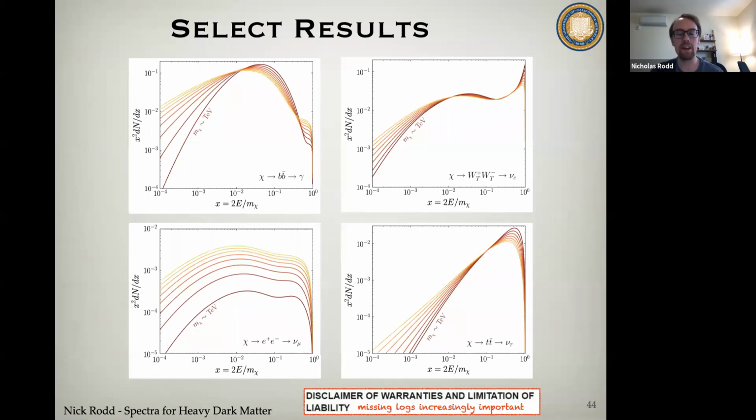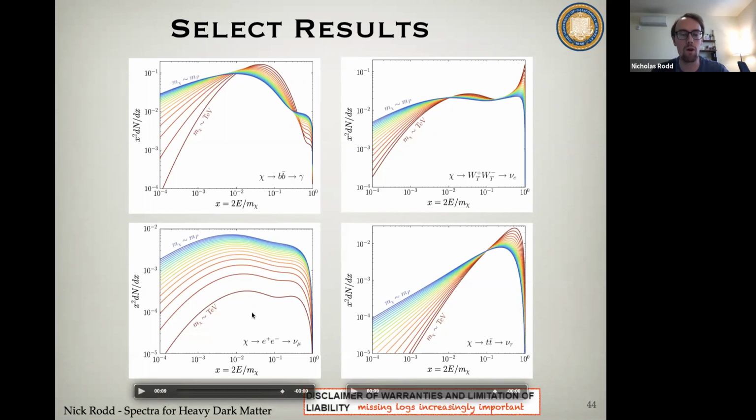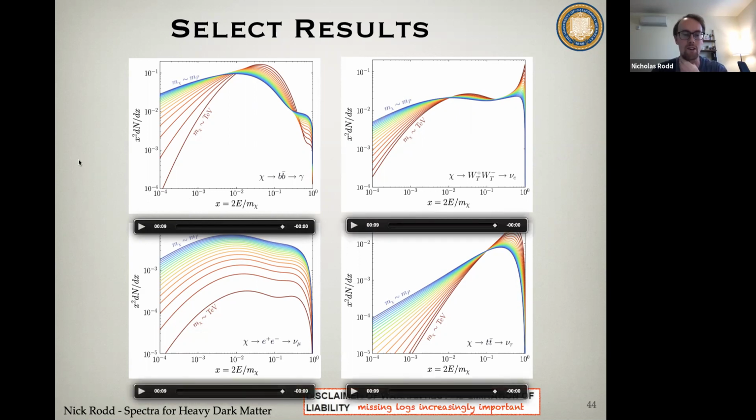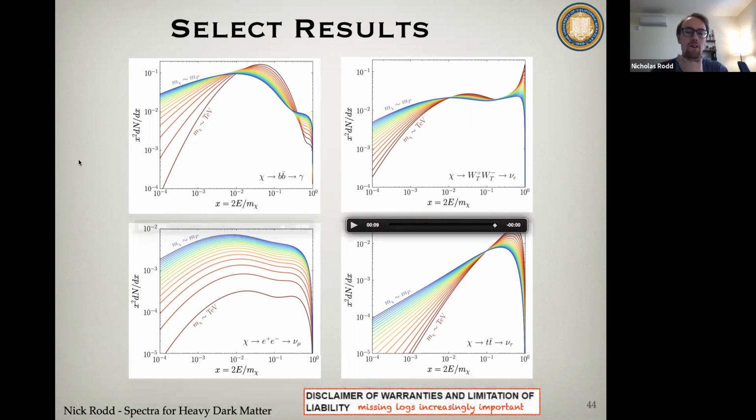And you can see that depending upon exactly what this process is, the evolution can be quite different. So in the bottom left here, you can see that there's just more and more muon neutrinos being produced, but the evolution is not always so simple. For example, for the photon spectrum, you can see that there's sort of a reduction in emission at intermediate energy fractions, but an increase at lower and higher. And then you really need to dig into exactly what's happening for the different emission processes to understand how all these can occur.